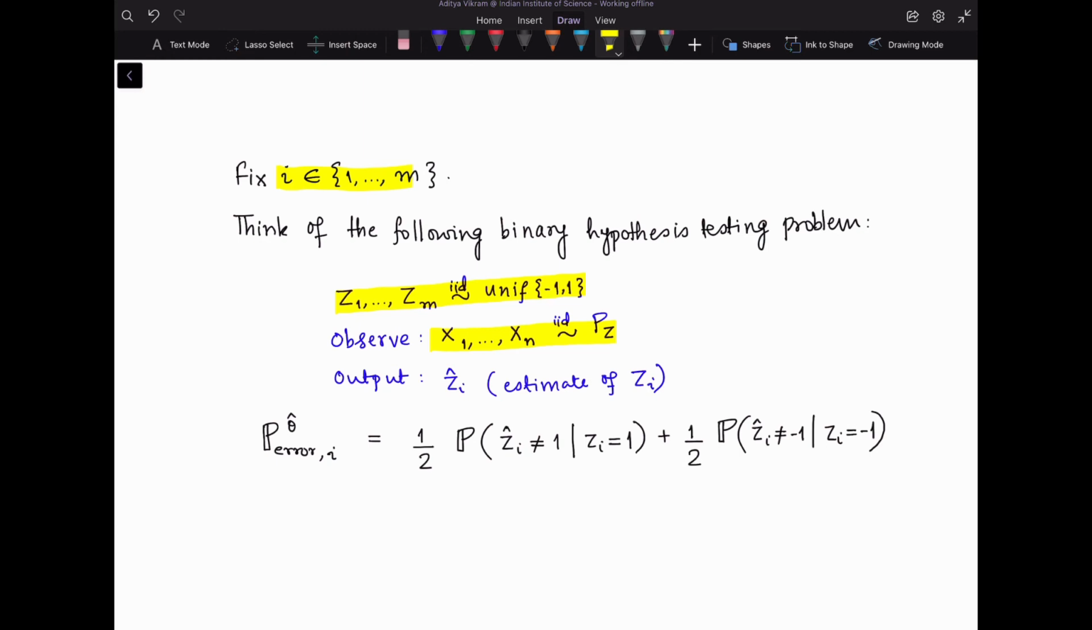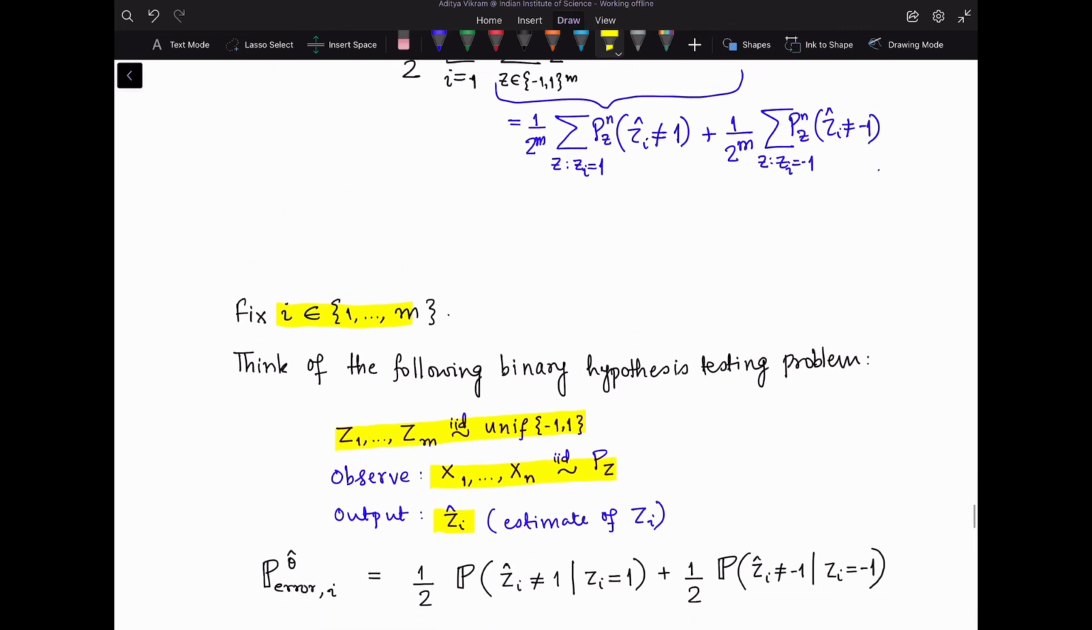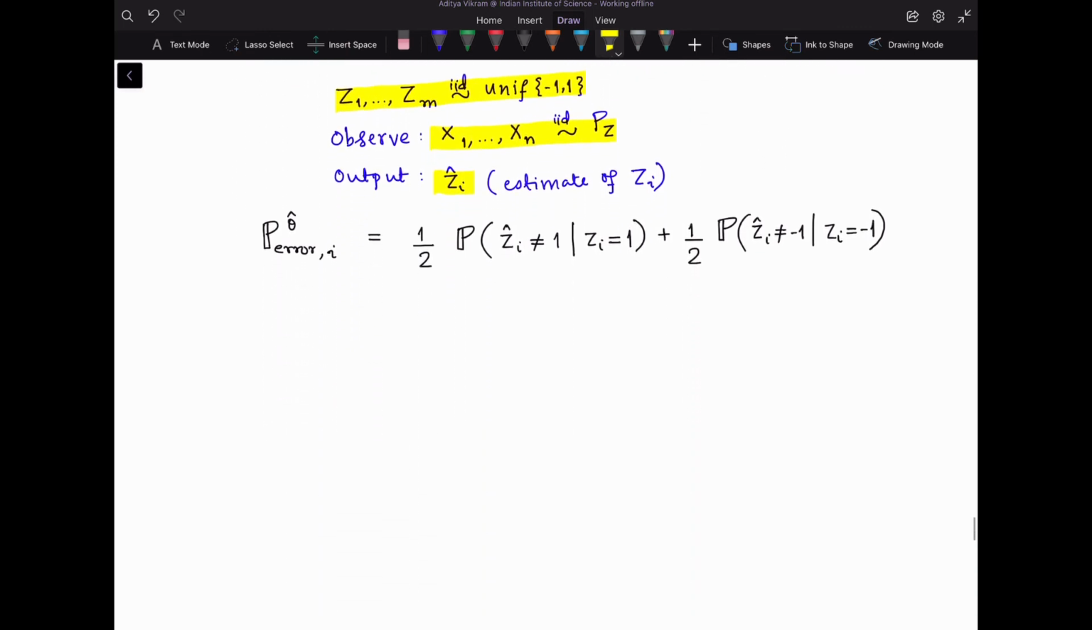Based on these observations, just output Z hat of i. What is your estimate for Zi based on these samples? If you have this binary hypothesis testing problem, what would be the probability of error if you try to solve it using your estimator? So the probability of error in the ith bit, when we are using our estimator to solve this hypothesis testing problem, is half